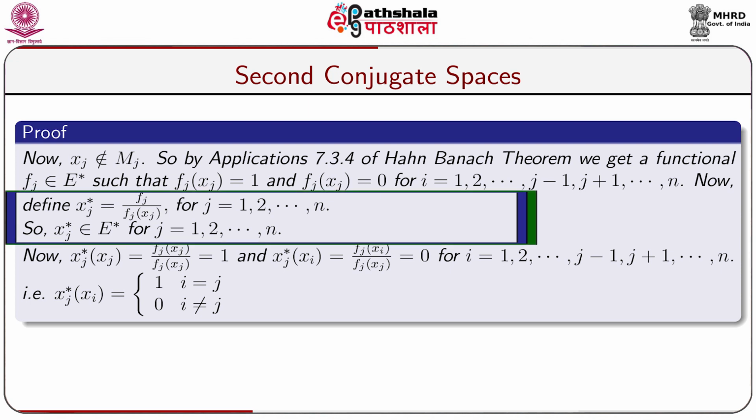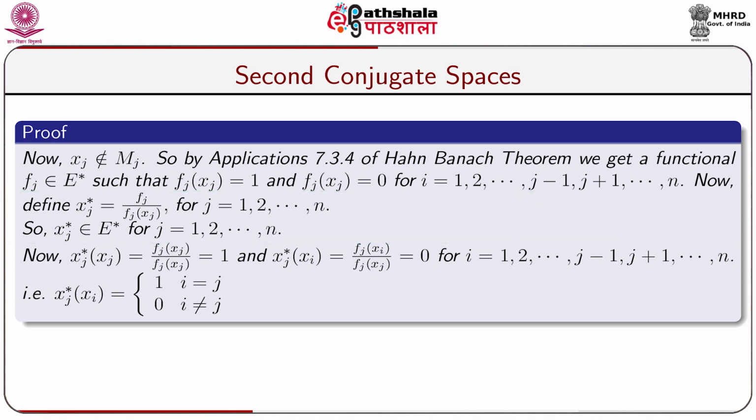Now, define a functional xj star equal to fj divided by fj(xj) for j equal to 1, 2, up to n. So, xj star belongs to E star for j equal to 1, 2, up to n. Now, xj star(xj) equal to fj(xj) divided by fj(xj), which is equal to 1, and xj star(xi) equal to fj(xi) divided by fj(xj), which is equal to 0,